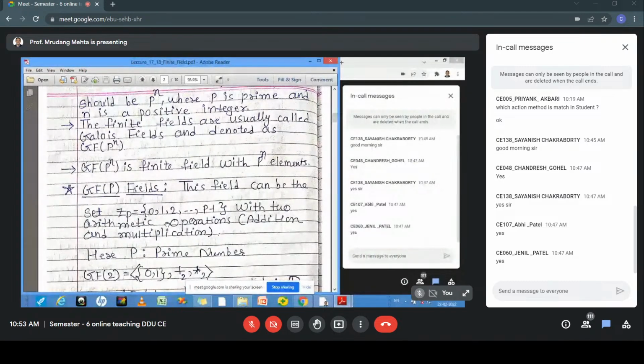This Galois field discussion also came up in the discussion of elliptic curve cryptography, but we will discuss the exact definition of